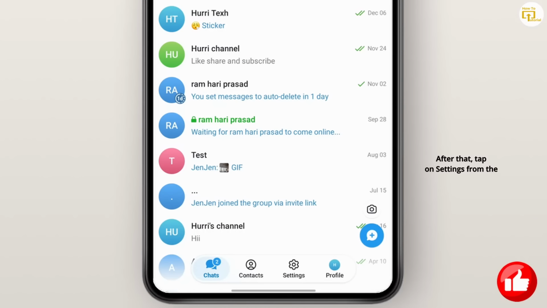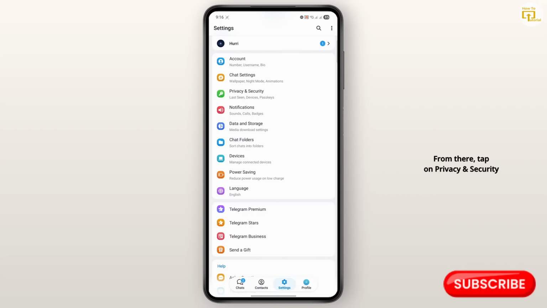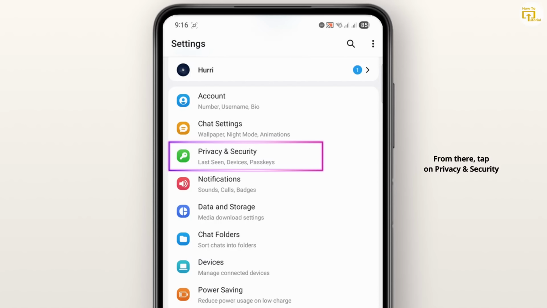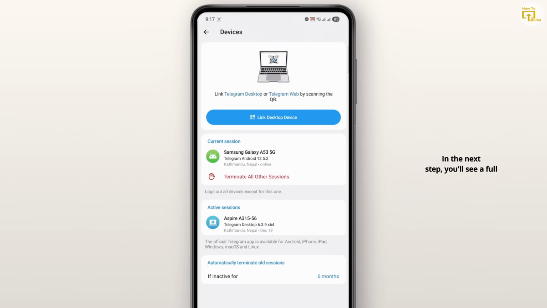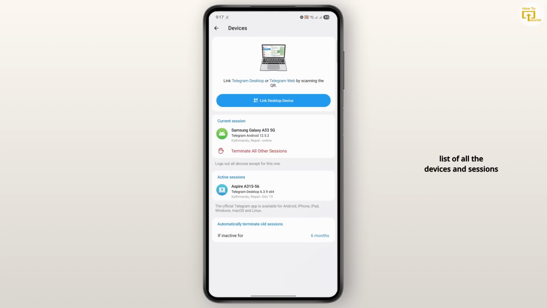After that, tap on Settings from the floating navigation bar at the bottom. From there, tap on Privacy and Security to open your privacy settings. At this point, scroll down and under the Security section, tap on Active Sessions. In the next step, you'll see a full list of all the devices and sessions that are currently logged in